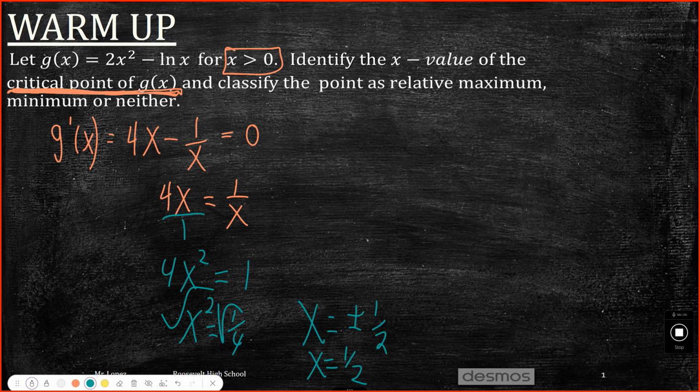Classify the point as relative max or min. The last lesson was about taking the derivative again and seeing if it's concave down or concave up. Why don't we do that? Or we could also just test this one, no? Which one is better? Whatever. If we take the derivative and test this point,